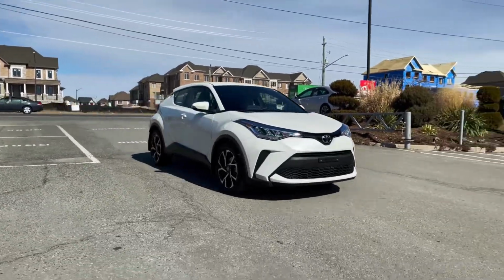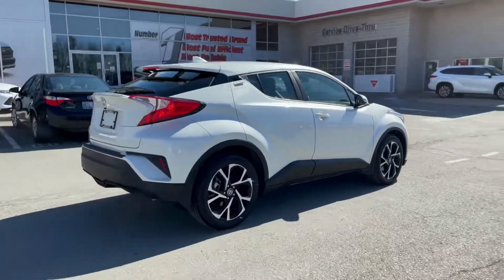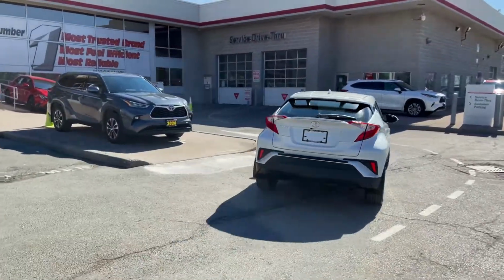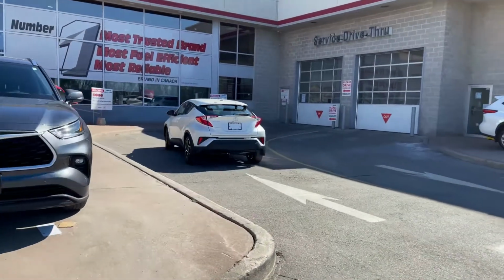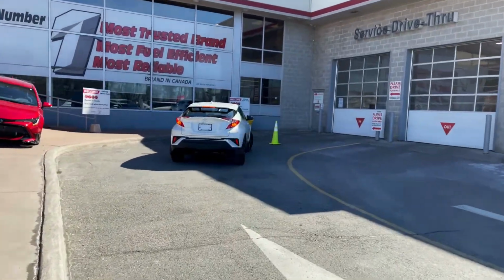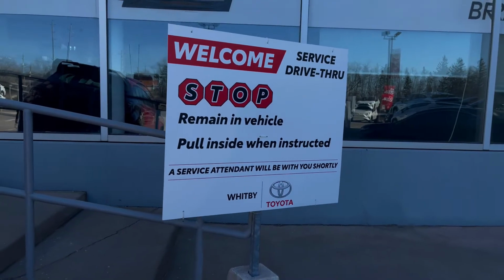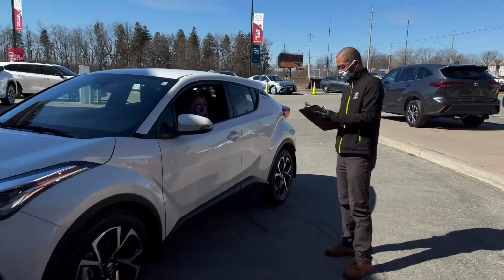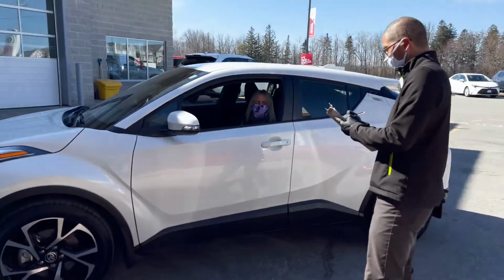It is our top priority to keep all of our customers and staff safe during this COVID-19 pandemic. Service customers may pull up to the drive-through entrance and stop where indicated. We ask that you acknowledge the signs throughout the premises and read the directions carefully. We are aware of your arrival, and a drive-through attendant will be with you to ask you any safety questions